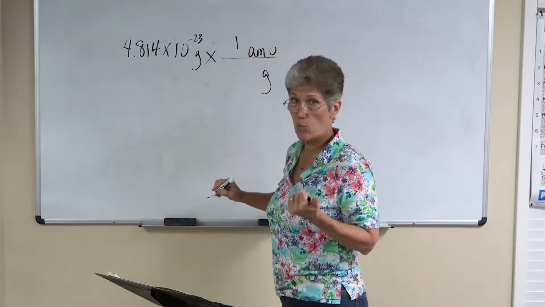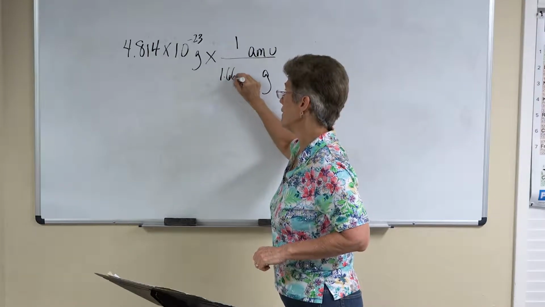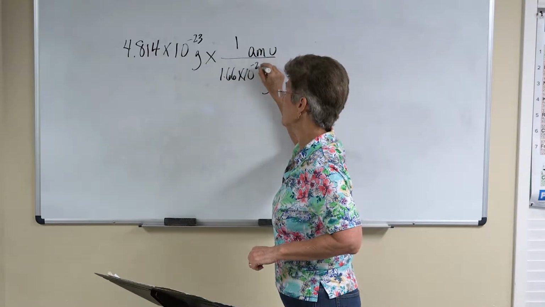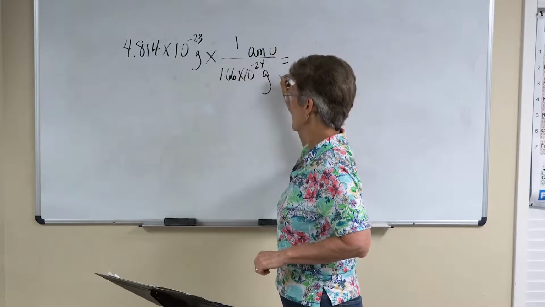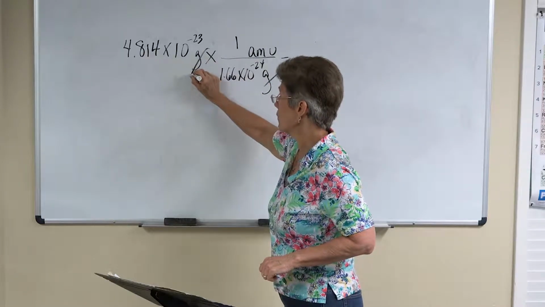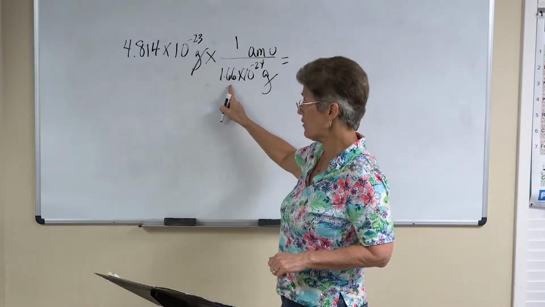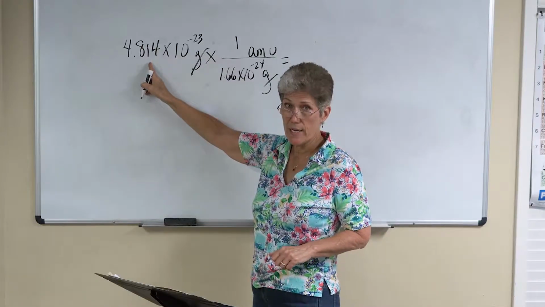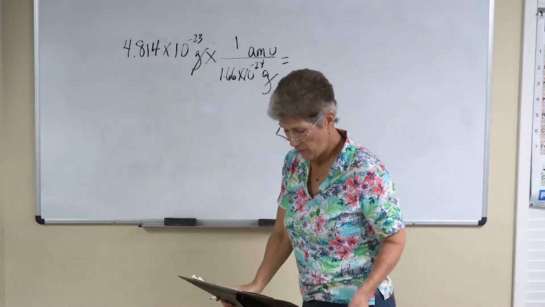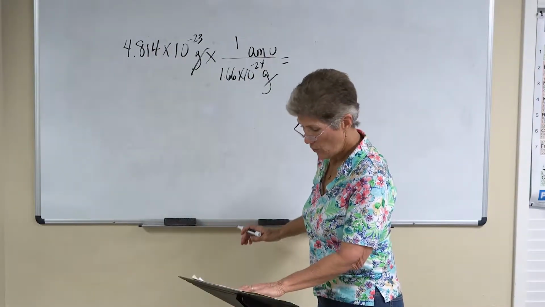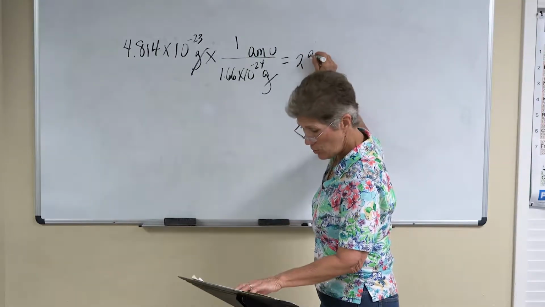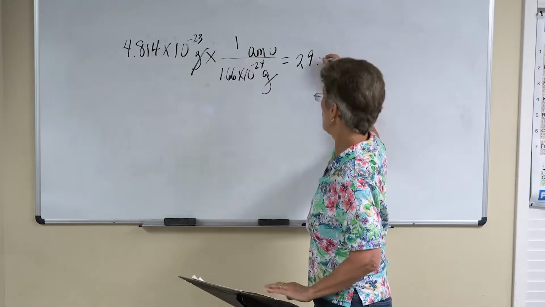We are given that 1 AMU is 1.66 times 10 to the negative 24th grams. So that'll make our grams cancel. We have 3 significant figures here. We have 4 here. So our answer has to be in 3 significant figures, which is going to be 29.0